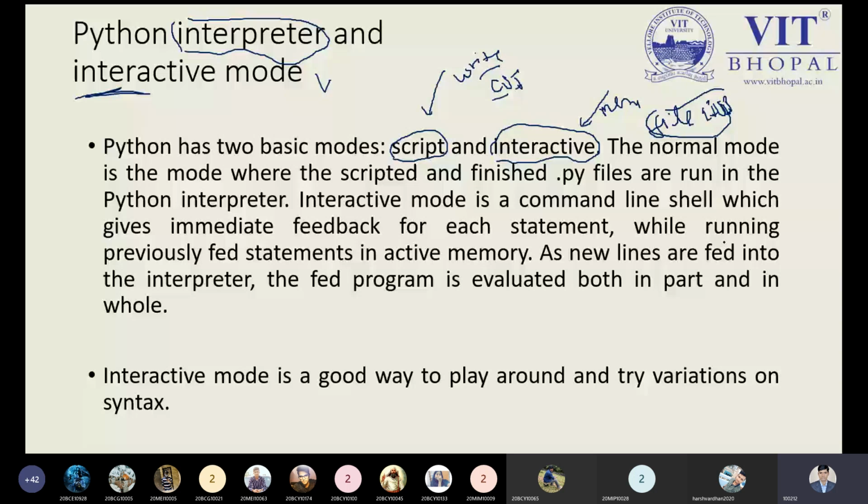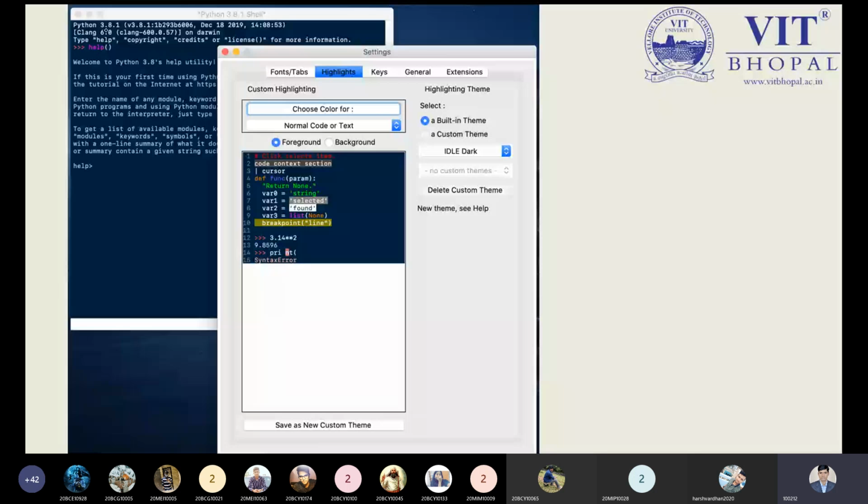But before jumping to that part, just let me know: did you understand what is meant by the scripting part or the interactive part? We have two different modes. Did you understand? Yes, sir. Now you can understand better by animation. Now see this part. This is Python scripting, followed by IDLE.